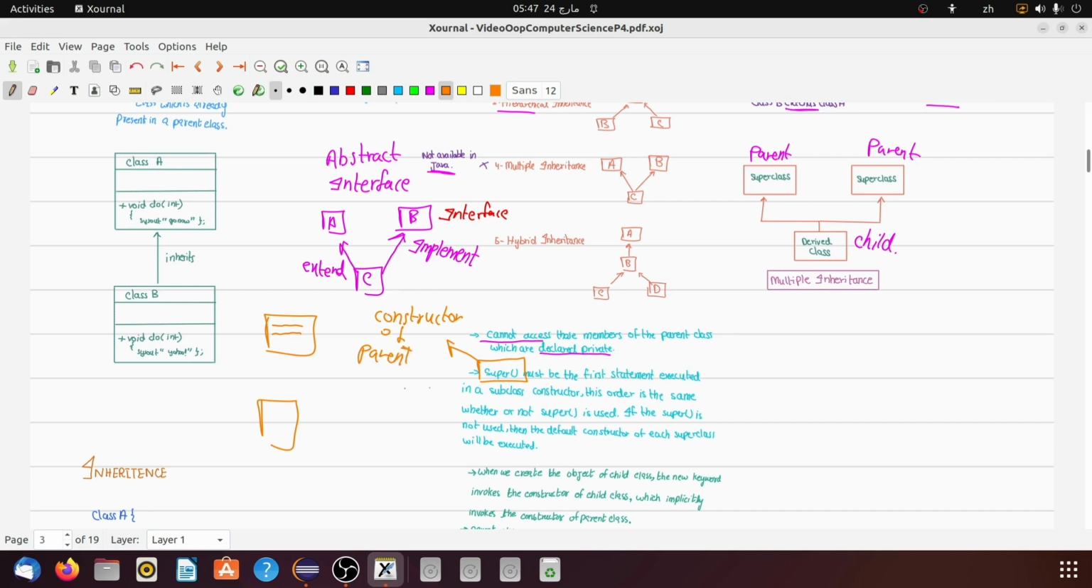Okay, that's why we use super. Executing a subclass, consider this: the order is the same whether or not super is used. Another important thing: we have the parent and the child, and the child is inheriting from the parent. If I make an object of the child, for example Child c = new Child,